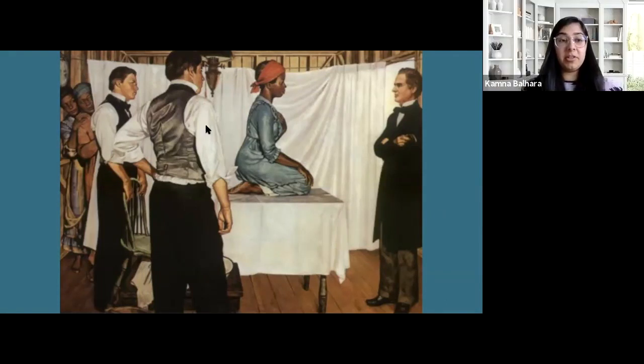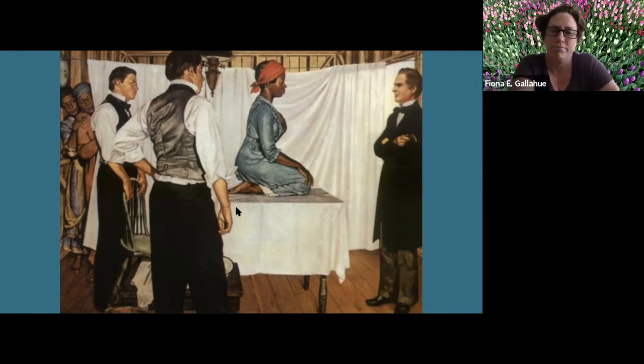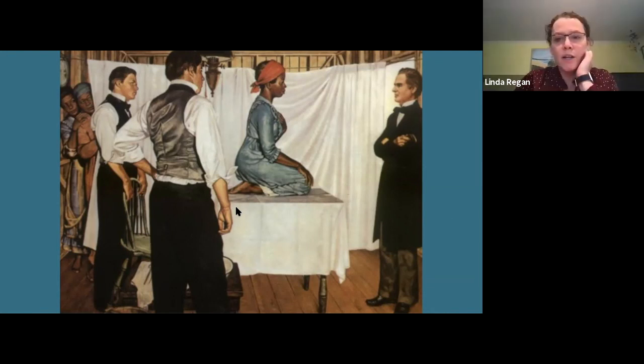Thank you, Fiona. So I'm hearing you say that despite the fact that everyone's angled towards each other, there appears to be this disconnect that's conveyed perhaps by their body language or the way that the woman is positioned. Okay, thank you so much. What more can we find? So Meta had her hand up, and then Philip would be next.